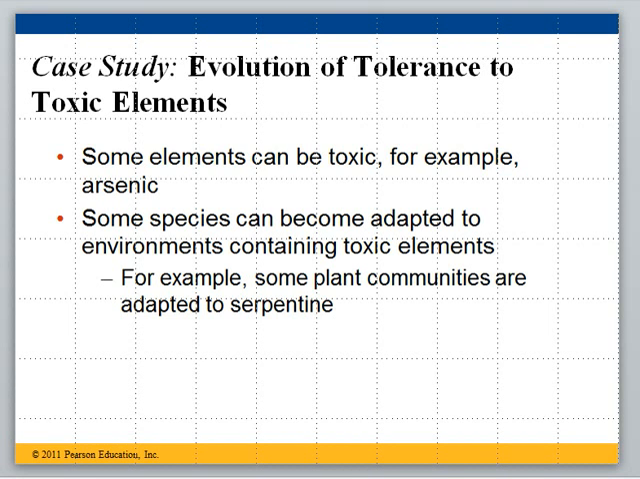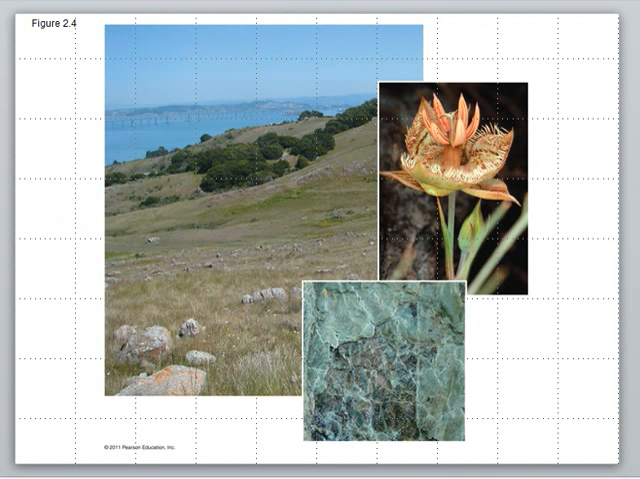Unbelievably, there are some creatures that have become adapted to certain of these toxic elements. For example, in the book, they talk about some plant communities that are adapted to something called serpentine soil, and they show some pictures here. So this is a serpentine plant community. In the particular picture at the upper right, this is a type of lily called a Tiburon mariposa lily, and it apparently can live in this soil, which contains a number of elements that are generally